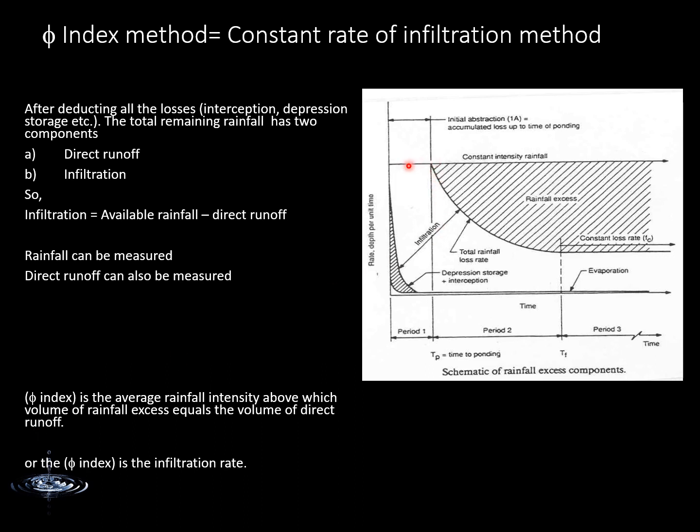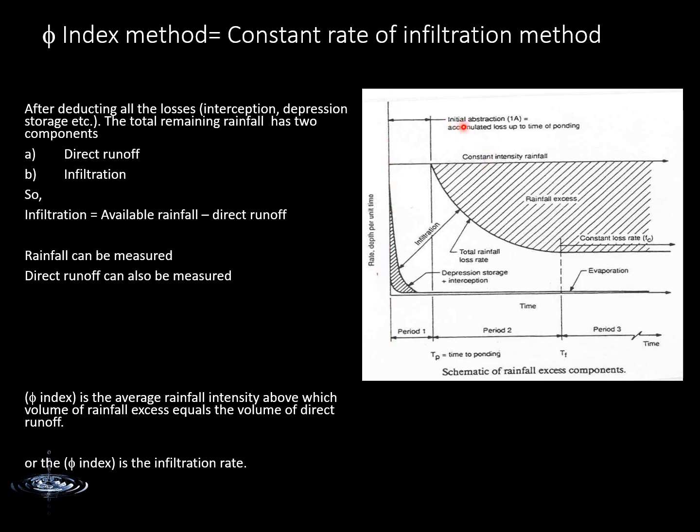Okay, so if you look at this figure here, this is the y-axis, which gives us the rate or depth of infiltration, or the rate or depth of rainfall per unit time. And on the x-axis we have the period or time. We can define this time in different periods. This is the time where the rainfall starts,